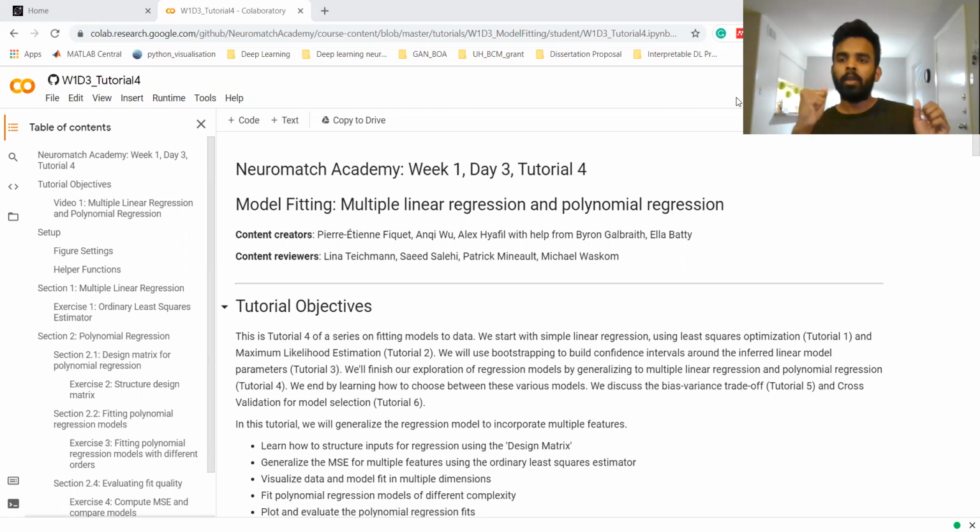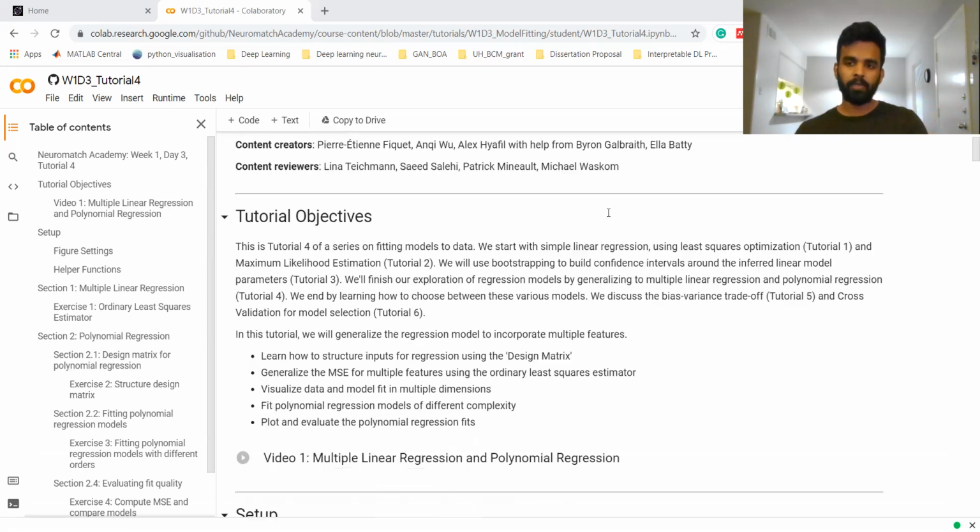Now, biological systems are not so simple that the cells will only respond to one particular stimulus property. There could be multiple properties. For example, what if not just the contrast, you also change the orientation of it? This is where multiple linear regression comes into being. When multiple independent variables, in this case the contrast and the orientation, change, how are these individual properties changing the spiking activity of your dependent variable, your cell activity? That is where multiple linear regression comes into play. Polynomial regression we'll explain as we go forward.